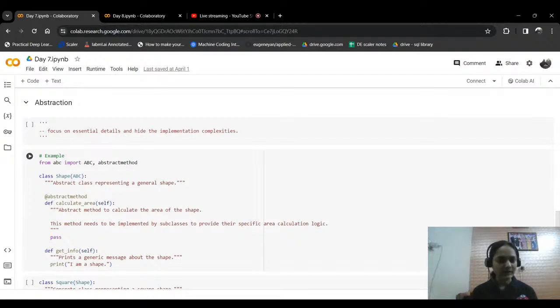And abstraction क्या होता है, like it means that we need to focus on the essential details, like हमें नहीं जानना है that laptop में if you are pressing some key then how is it getting converted to 0 1, और on the backend पे क्या हो रहा है. Like I only need to know that if I'm pressing A on the keyboard, then जो भी मैंने screen या browser खोला हुआ है उसके ऊपर A type हो रहा है, so that is the main essential detail I need to know. So abstraction follows that principle कि user को they only need to know the essential details, जो उसके पीछे का implementation है that we need to keep it hidden,